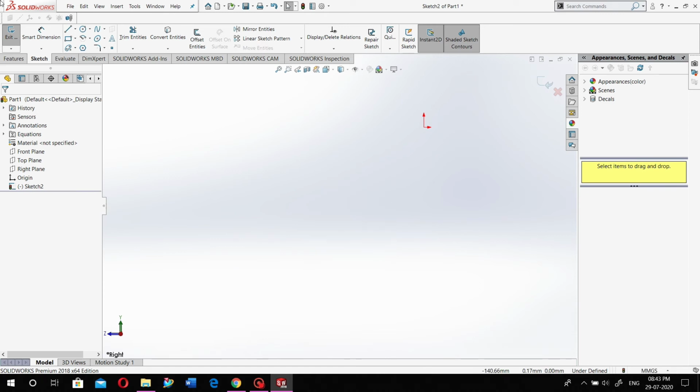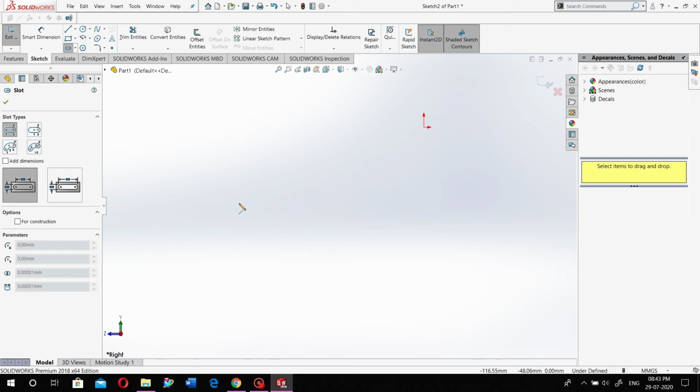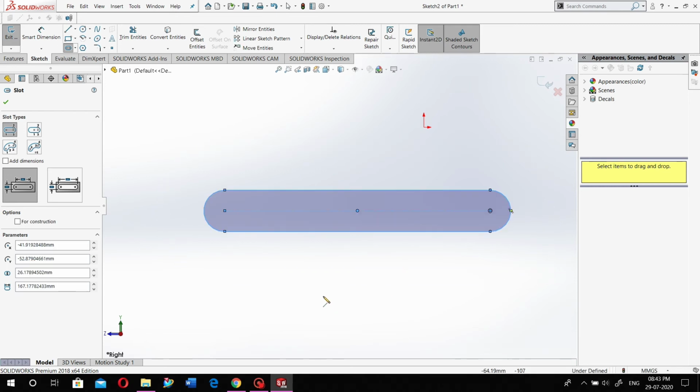Now moving further, we have slots. The slots are also easy to understand. In the first slot, that is the straight slot, you have to select only 2 points, the first point and second point horizontally. Your slot is created accordingly.